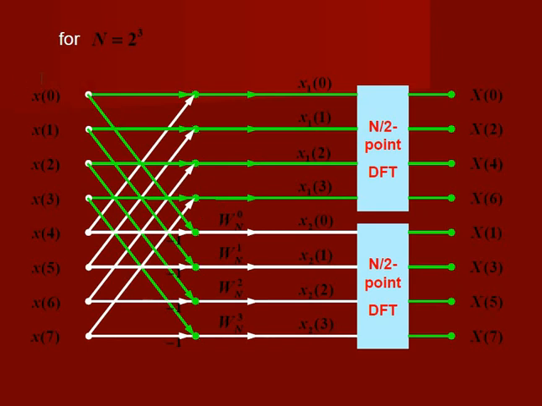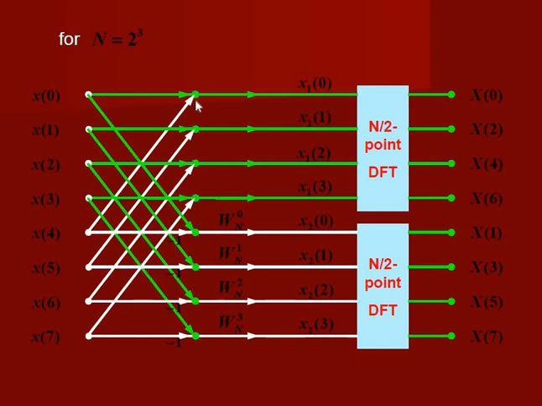Now this is my proper butterfly. This is 8 to the power 3. The input side will not be in bit reverse manner, so it should be 0, 1, 2, 3, 4, 5, 6. The butterfly is created here. The above part, as I have already given you the shortcut process, all the above part will come below. All the below part will go above. This is the crossing of the first 2. This is the crossing of the second 2. This is the crossing of the third 2, and this part is the crossing of the last 2 data.